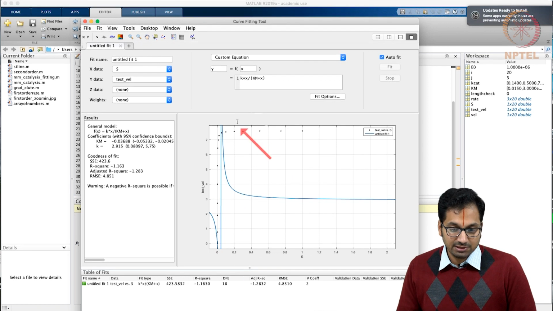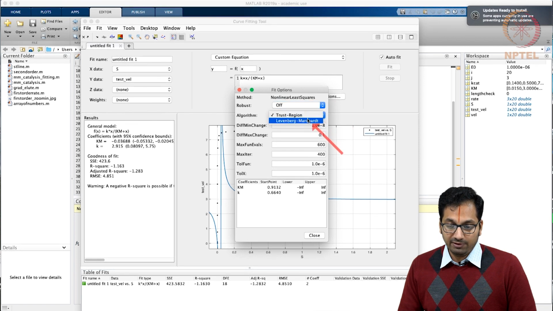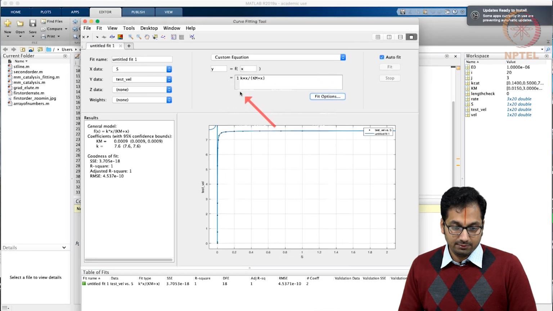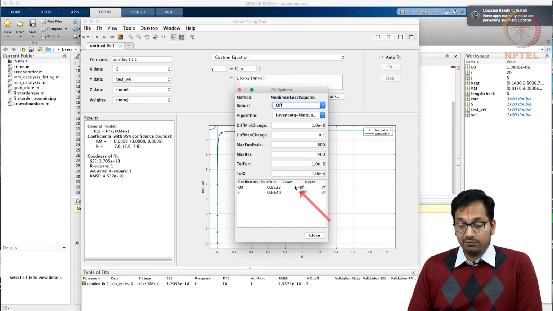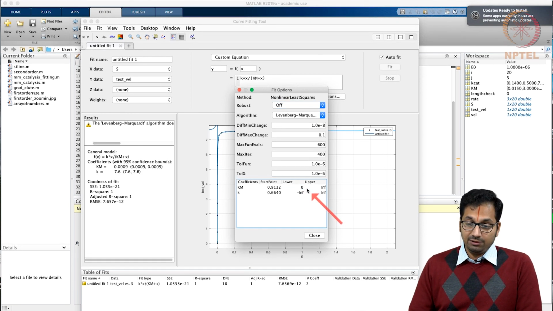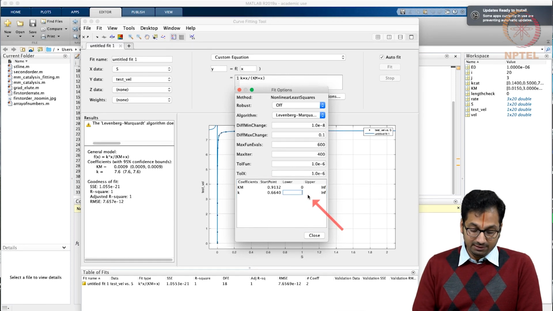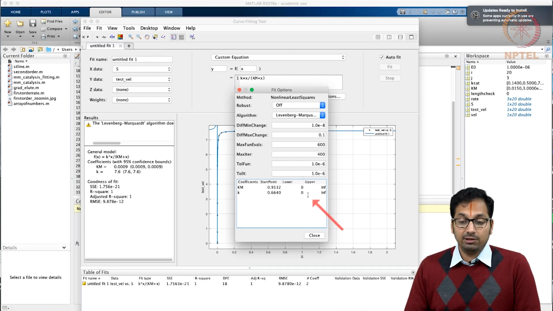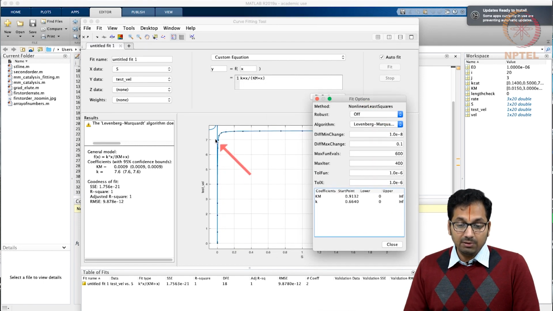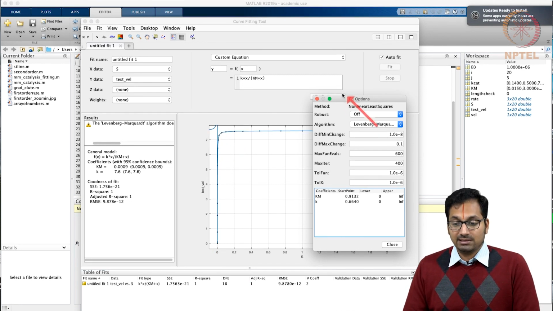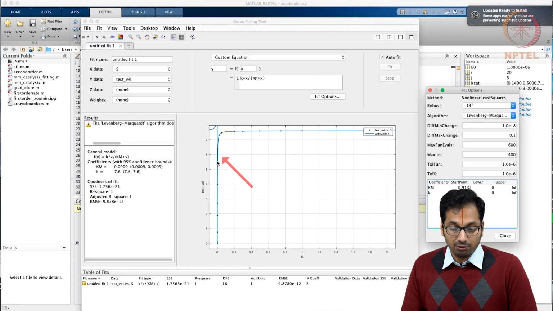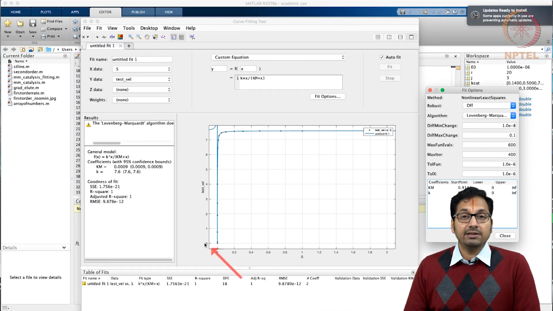So here once again you are seeing a problem that comes up where it's not able to determine the proper fit. All right. So now when I change the fit options, the fit options give you the start point of the fit, the lower level and the upper level of the fit, and you can always set the lower level to 0 because you are not going to have Km or Kcat that's negative. This helps the fitting algorithm go faster, and for some extremely weird reason it's also trying to fit for substrate concentrations that are negative, which do not make sense physically. So let's choose to ignore the part of fitting that comes for concentrations that are negative.